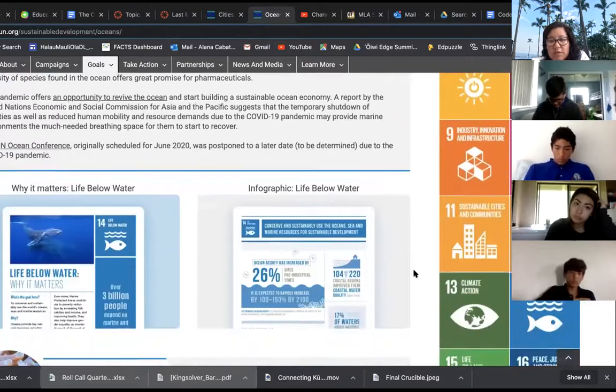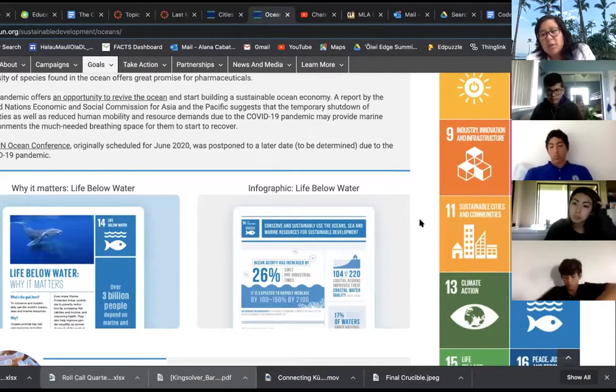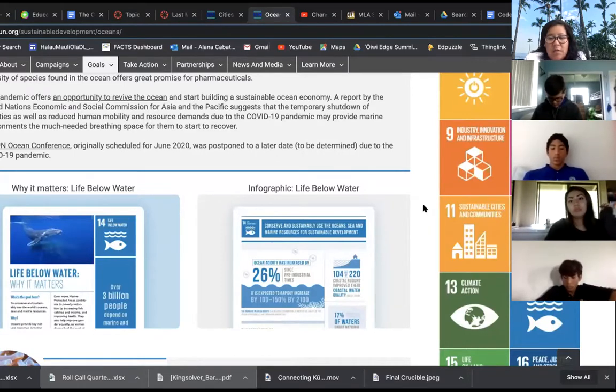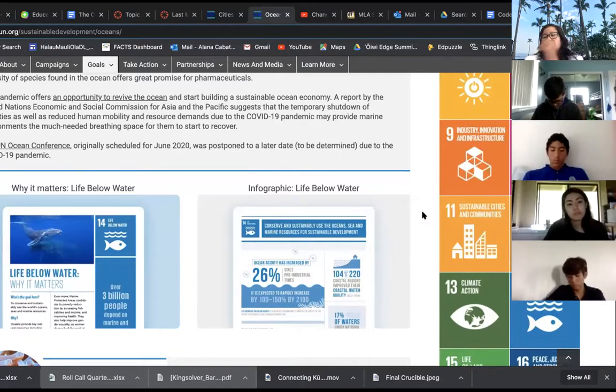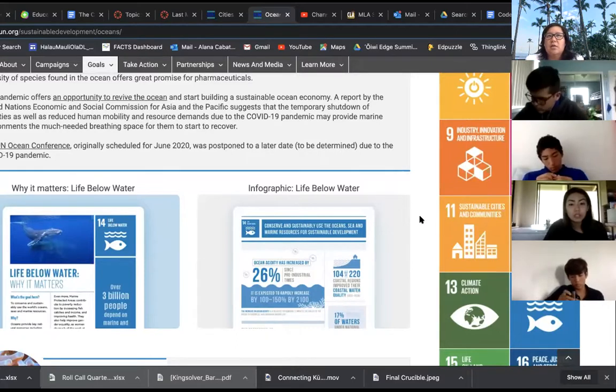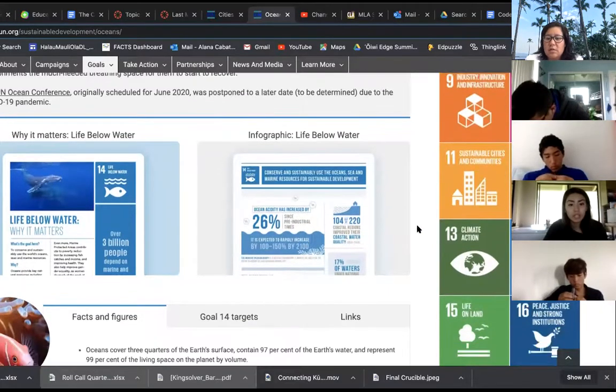Everybody can see this. One of the biggest things you might want to focus on is number 11, sustainable cities and communities. Right now, this is a big deal. People are going to college to figure out how they can grow their own food, how they can create a sustainable circular economy. Why? Because we cannot depend on the barge to bring us our food and our products. So how do we do a better job at using the things that we buy for longer periods of time? And how do we take care of our earth so that we're not destroying it by the time our great-grandchildren live?